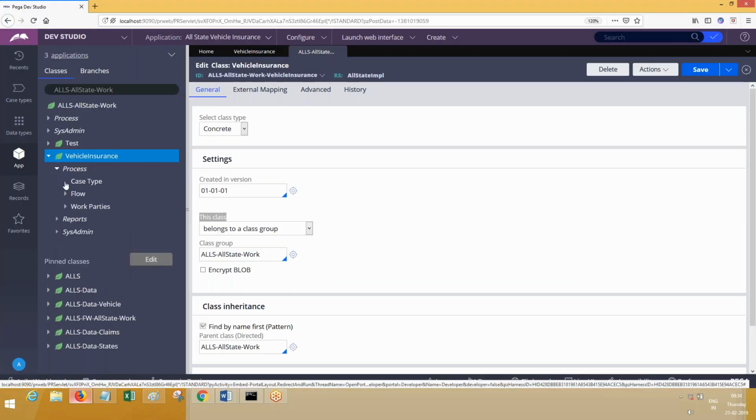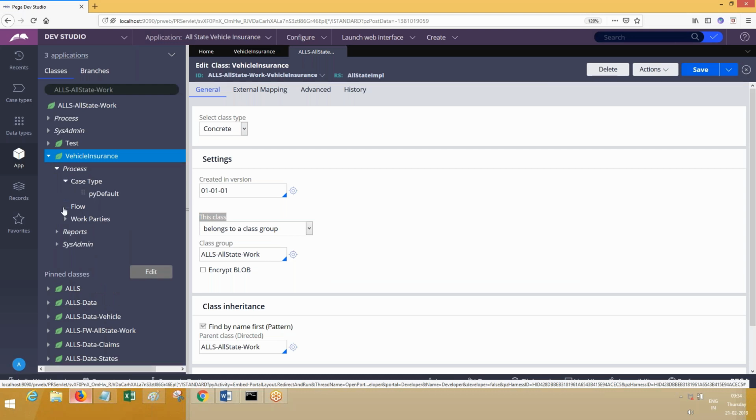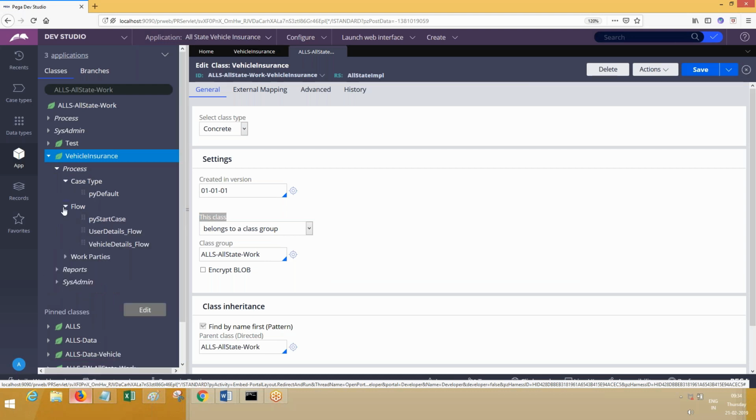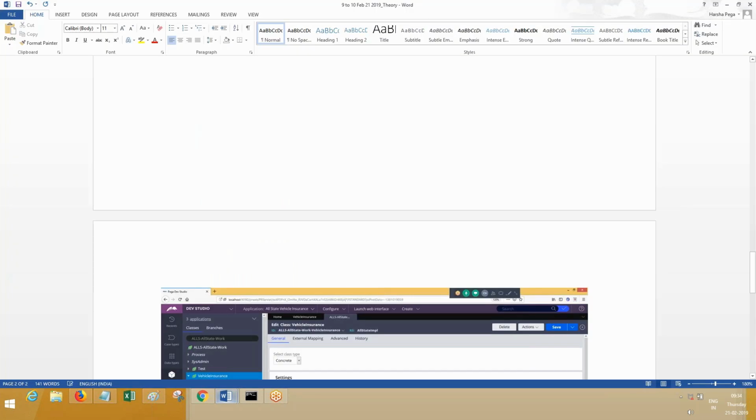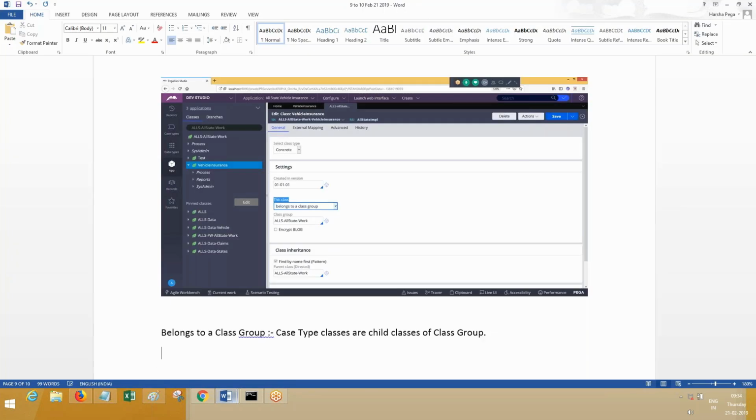Flows. How many flows have we added? How many processes have we added?